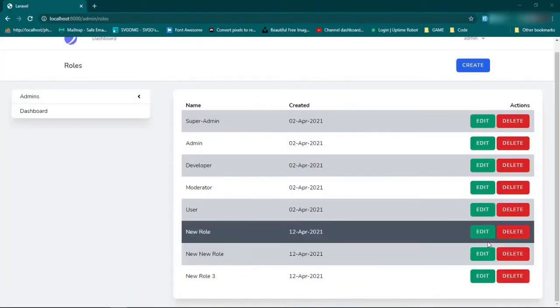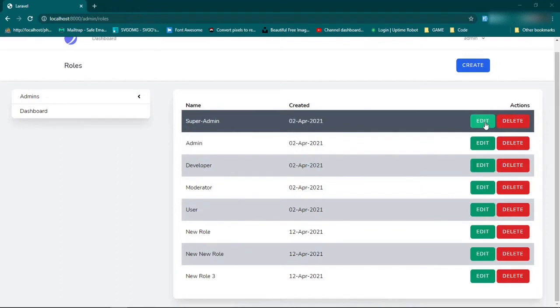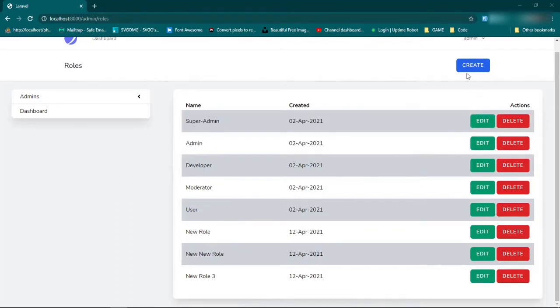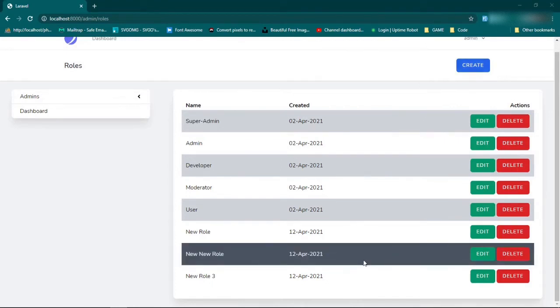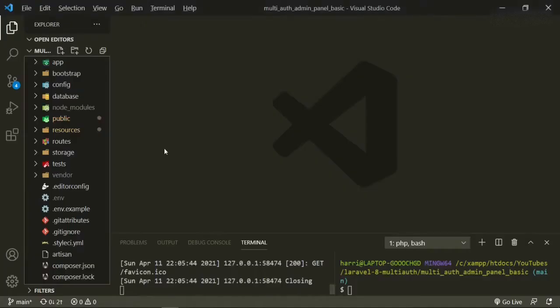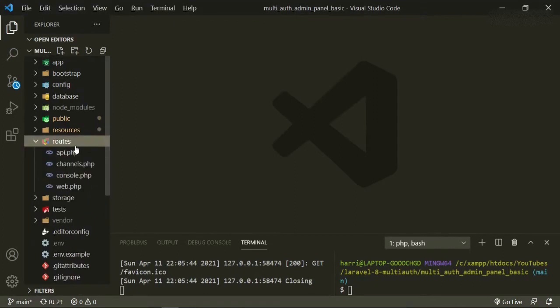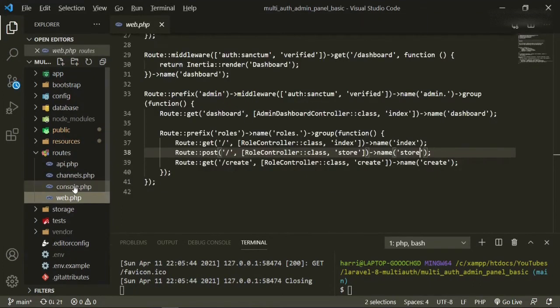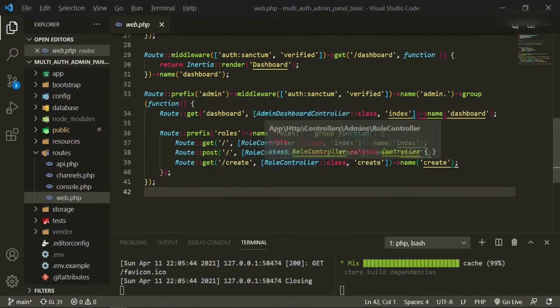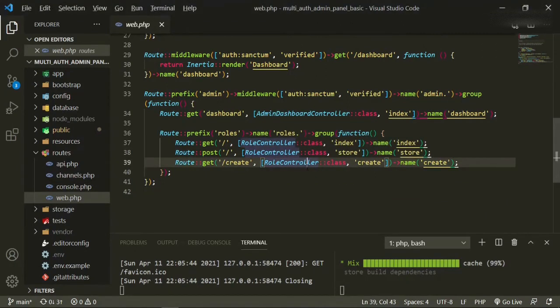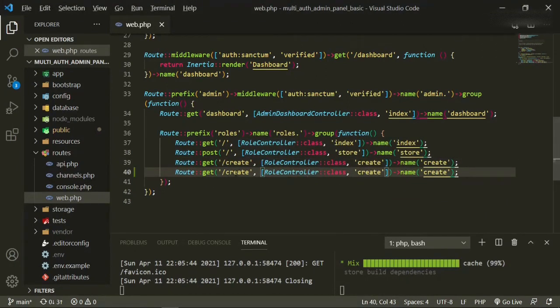To start with the edit function, what we need to do first is create a show page to display it. So it'll be similar to the create page. So let's head into the text editor, and then we'll start first with the route. So web, and in here we can just copy and paste this one. This one will use route model binding. So we'll just say role, and then this will be show.